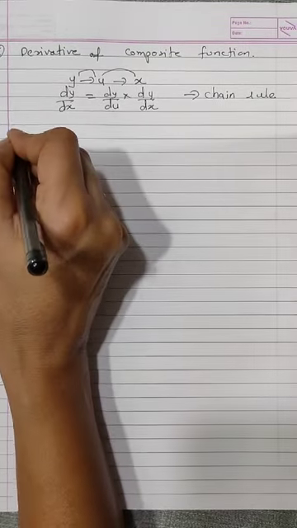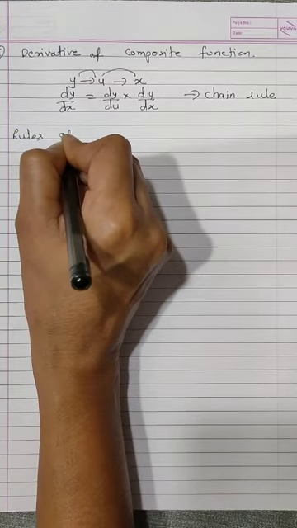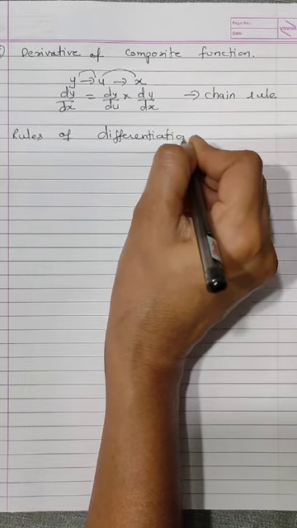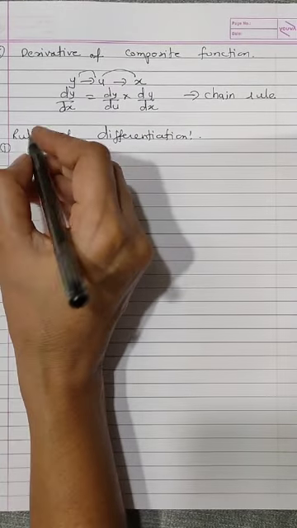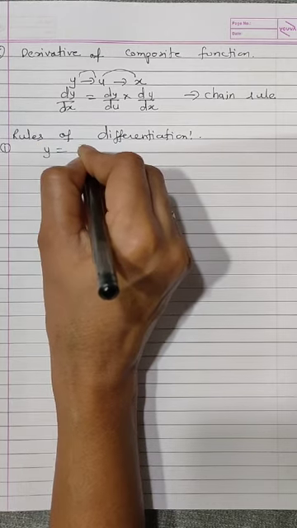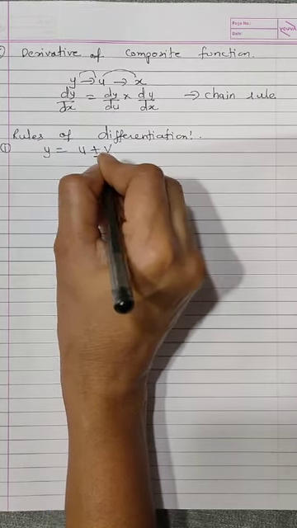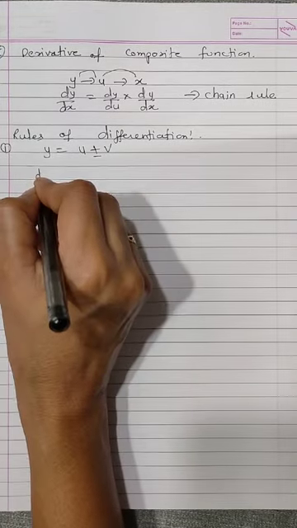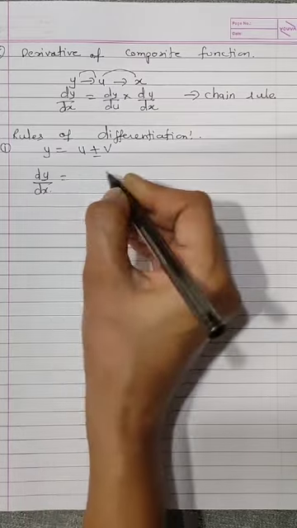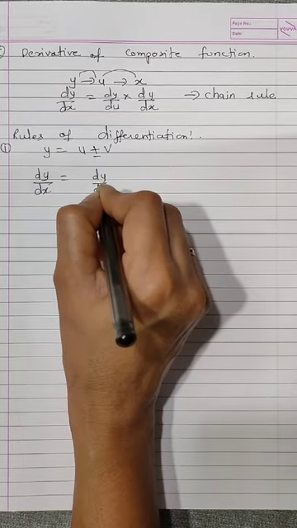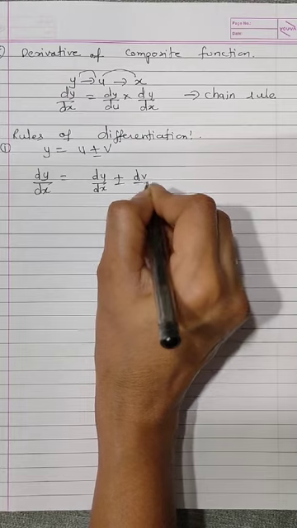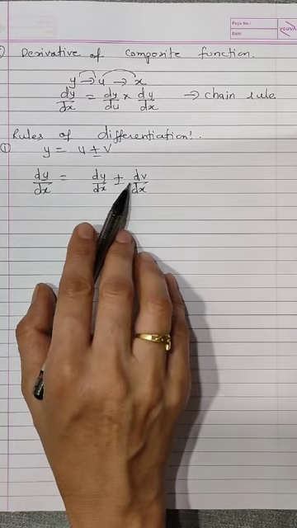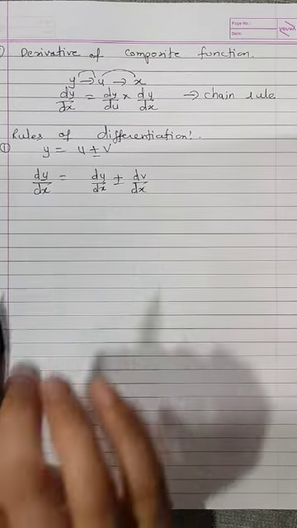Now in standard 11th we have taken some rules of differentiation. That I will repeat. First, if y is equal to u plus v or u minus v, means addition and subtraction of two functions, then we know that dy by dx is du by dx plus or minus dv by dx. Means separately we have to take derivative of each function, add them or subtract them. This is addition and subtraction rule.